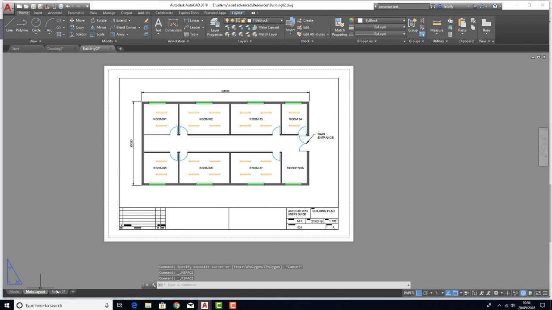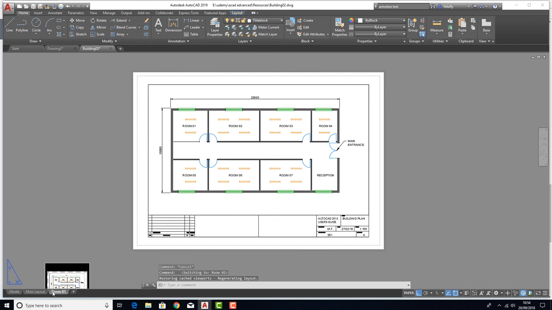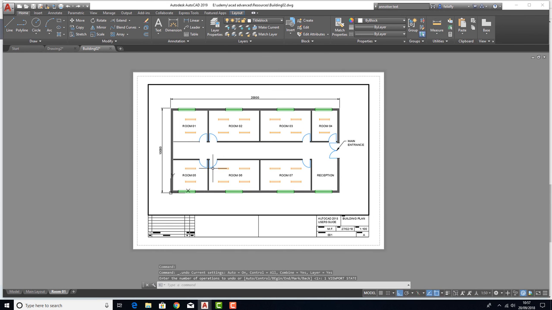Okay, now room 1, go back here. Okay, so we're going to set up our room drawings now. We're going to have an individual drawing for a room. Okay,